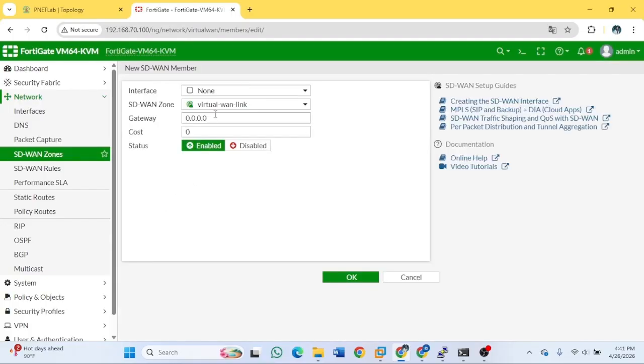After all, click OK, and create another member, the interface port 2 here, and the gateway is ESP2.